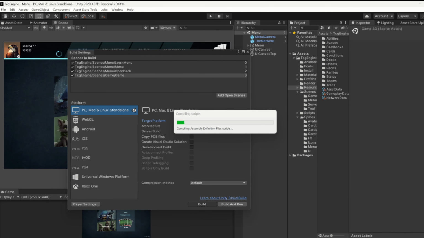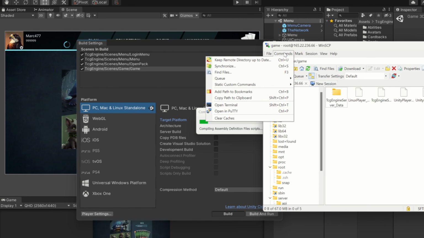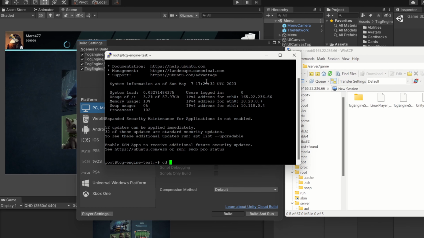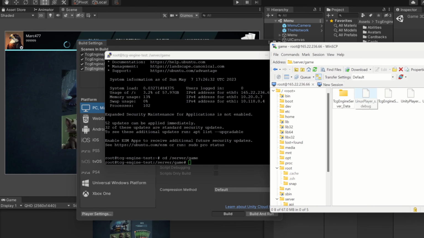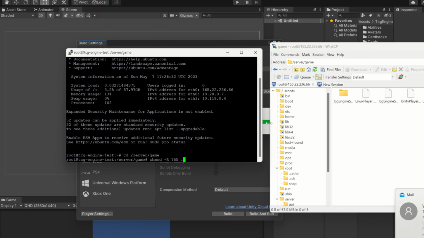And while this is building, I'm going to go on my server and try to start it. So if I click on comments, open in Putty, I can navigate to my new folder here, server game. And then if you want to be able to execute the app, you need to change the permissions. So I'm going to do chmod